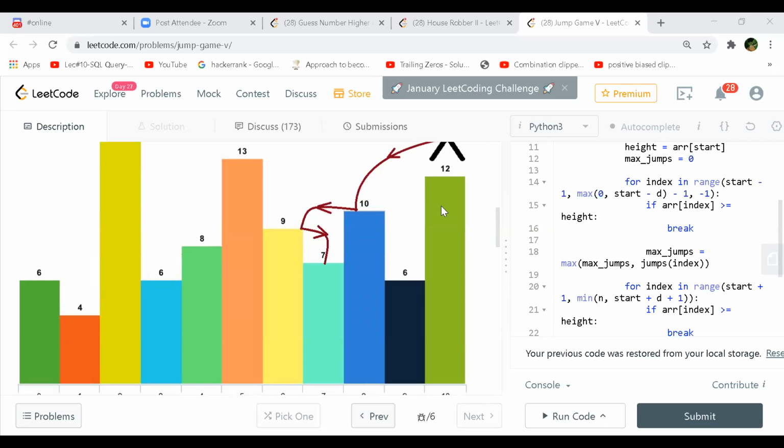And then you push the height 7, which is smaller. But as soon as 10 comes in, correct? So 10 is actually going to kick out 7 and 9. But when he is doing that, actually he is going to calculate the jumps from 10 to 9, and then actually from 9 to 7 also. So at each stage, it can actually change the direction. Yeah, direction will change. Both the ways will go.